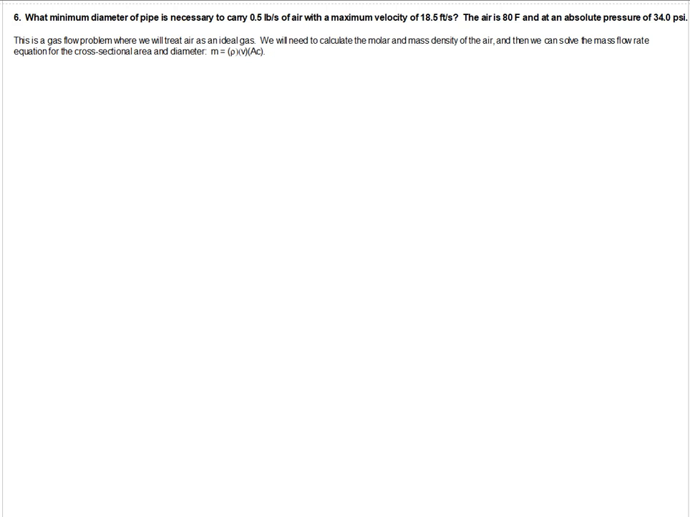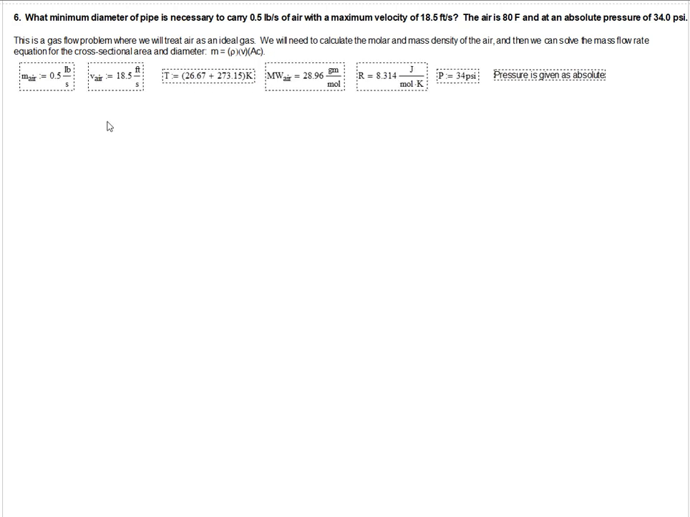So let's write down all of our given information first. Mass flow rate, the velocity, temperature. Remember, we need to work with absolute temperature when we're dealing with ideal gases. I've got the molecular weight of air, 28.96 grams per mole, our ideal gas constant, and our pressure is 34 psi. And notice they were nice to us here. They did not give it in gauge pressure, they gave it in absolute pressure,